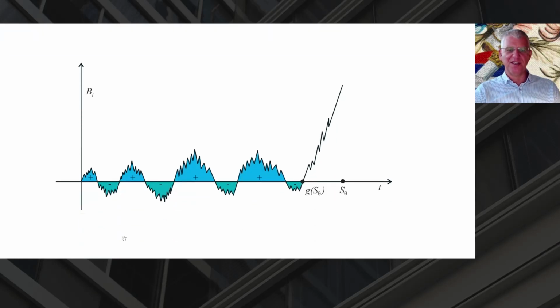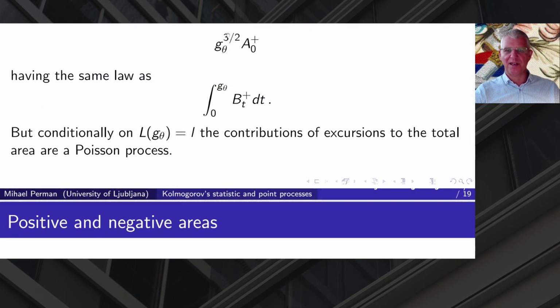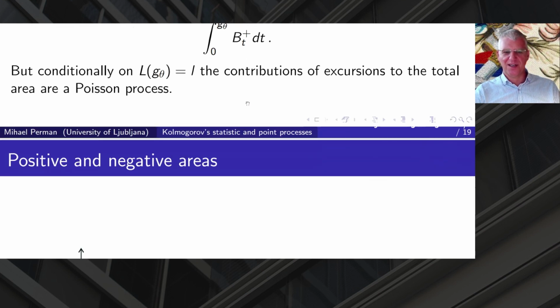If we look at the picture, what we're interested in is the sum of all the positive areas in the Brownian bridge. Here I have already rescaled it. And if you rescale it, then this area multiplied by an independent gamma random variable to the power of 3/2 has the same distribution as the integral of the positive Brownian motion up to g theta. So again, these two are independent. And again, you can relate the Laplace transforms, and you get,